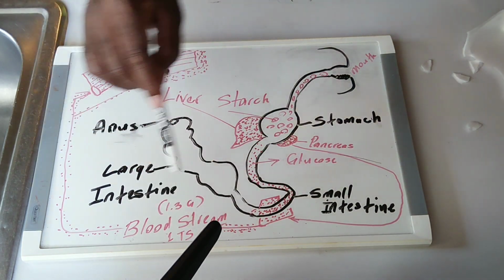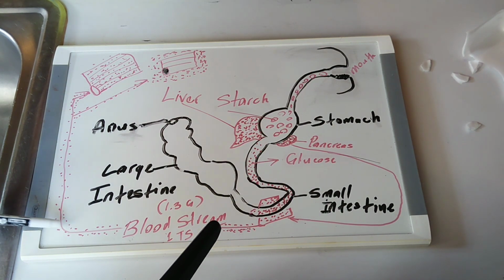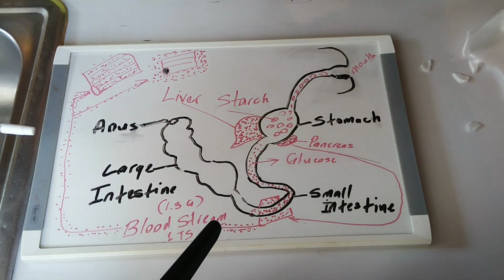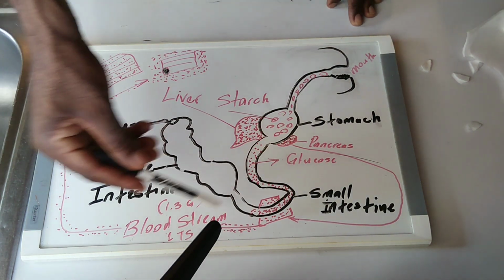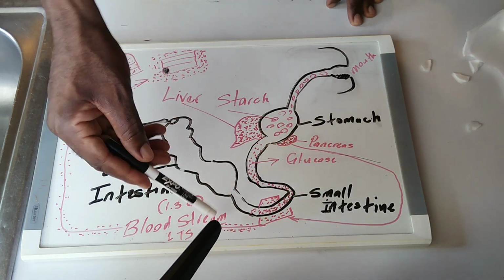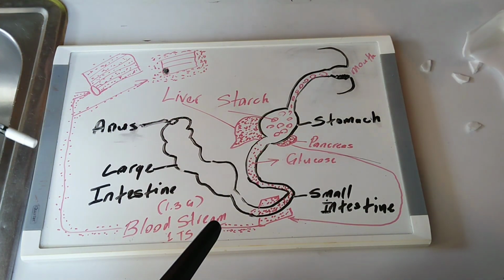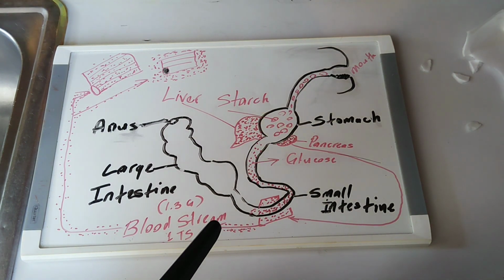It goes into your bloodstream. So these little dots represent the sugar, or the glucose particles, in your blood. So right now, those 2 or 3 dumplings that you ate are properly digested, and all of the starch is broken down into glucose, and it's now in your blood. Now the question: where does it go when it goes into your blood?